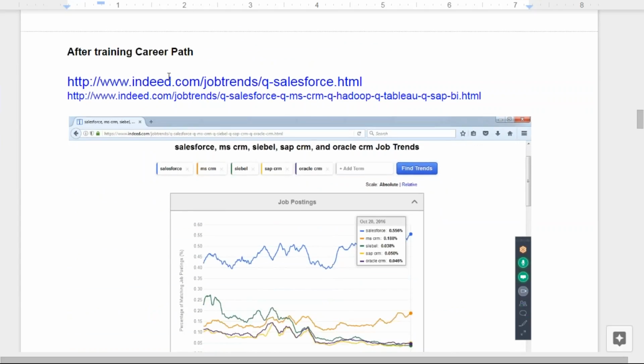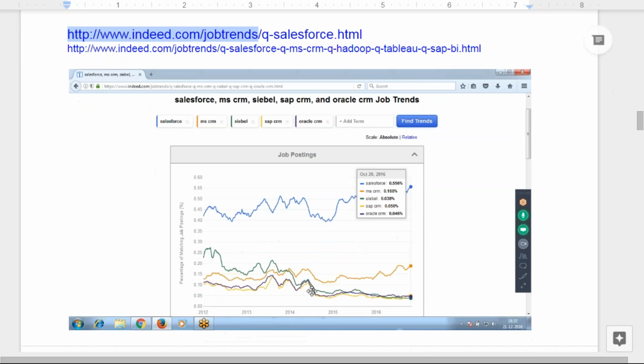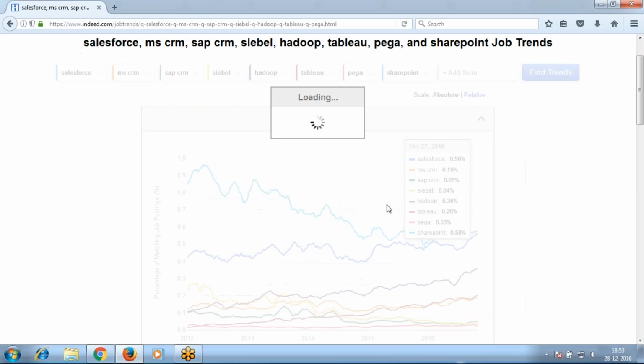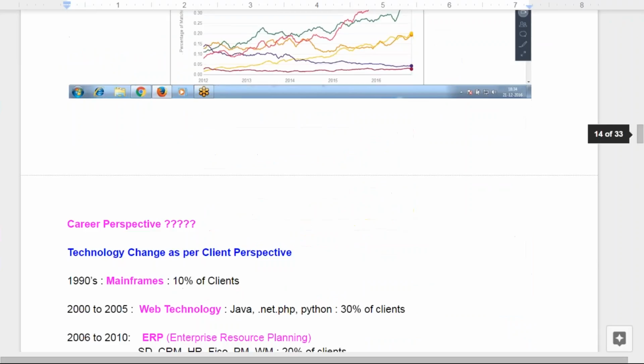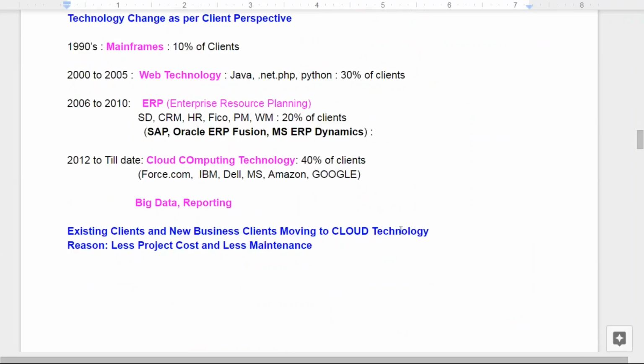And see the job demand on indeed.com job trends. Through indeed.com, you can see the job demand. When you are free, just go and see where the demand is, in which course. That means see the career. Some people ask, can I stay in Java web technology? You can, there is no restriction like this. But only when you change the career will the salary growth and career growth come. You have to go as the industry requires. I learned mainframes; there are jobs, and web technology has demand. You can learn it, but there will be very few jobs, less demand and less salary.